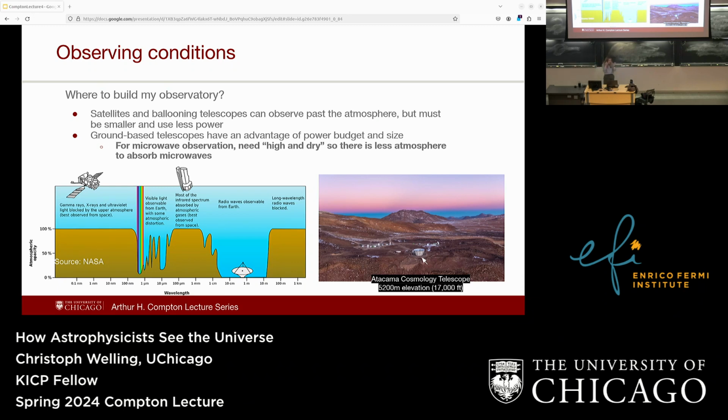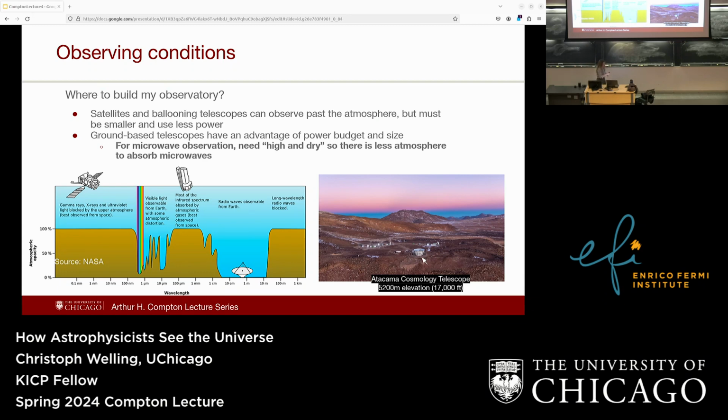So you need these hypersensitive detectors, which we'll learn soon require lots of accessory electronics and cooling power. So these things add up to the cost. And another really important limitation is that you can't build an infinitely big dish or mirror aperture. You can't build something that is 6 meters in diameter to capture the finest angular resolution where we think interesting things might be. And so we have to consider other options.